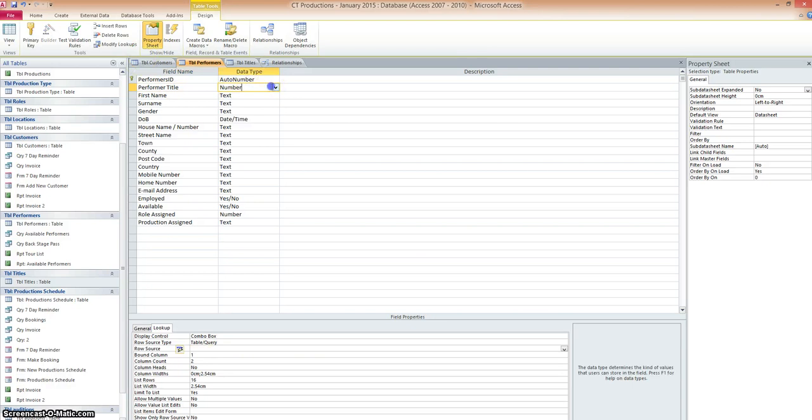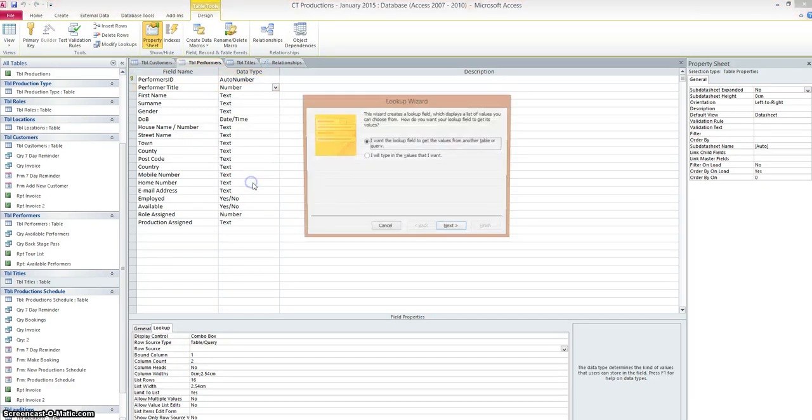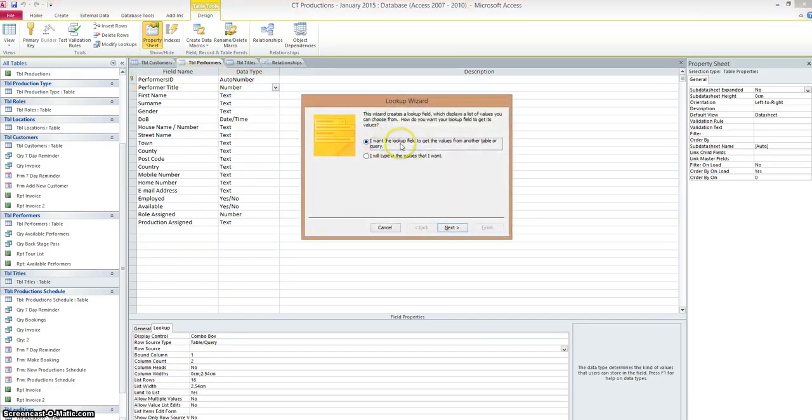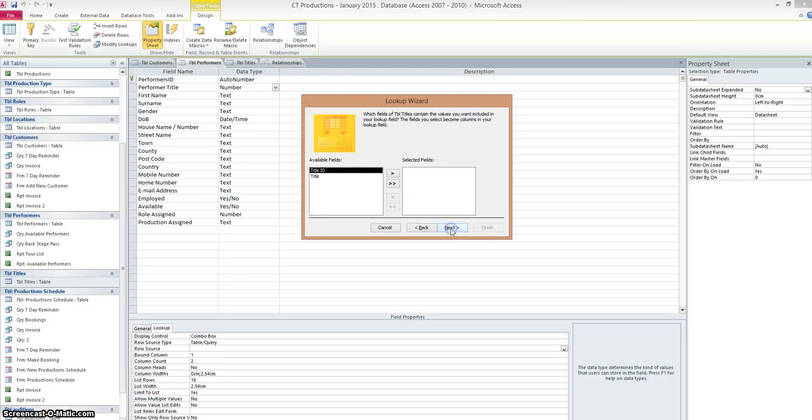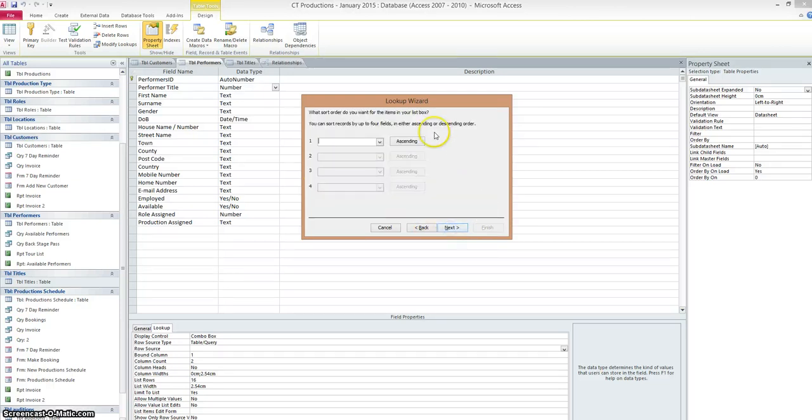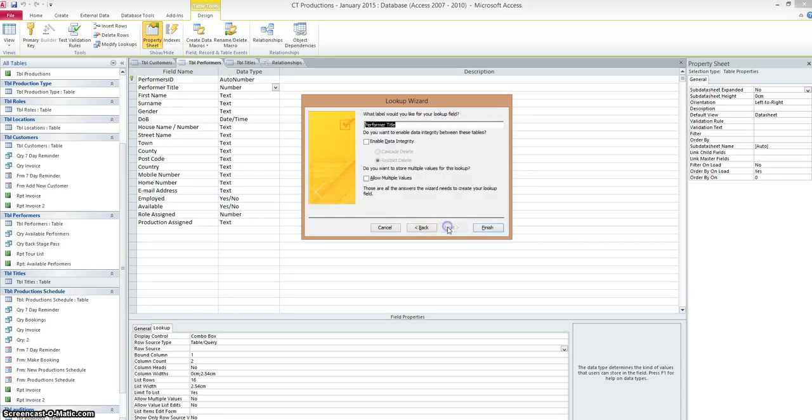Okay. So data type is a lookup. Exactly the same process. I want to look up the field to get the values from another table or query. Click on next. I'm looking for table titles. Table titles. Next. Just choose title, nudge him over and click on next. Don't want to do any sorting, so I'll click on next. Again, I can just do a quick visual check. That's all the data I want. Click on next,